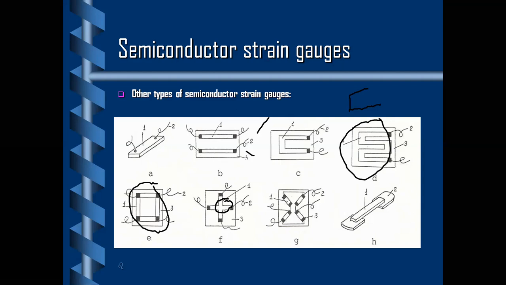The only thing I want to show in this aspect is these connections that are used. Two wires are taken out externally, and we try to connect them across the Wheatstone bridge, and these strain gauges are mounted where you are interested to measure